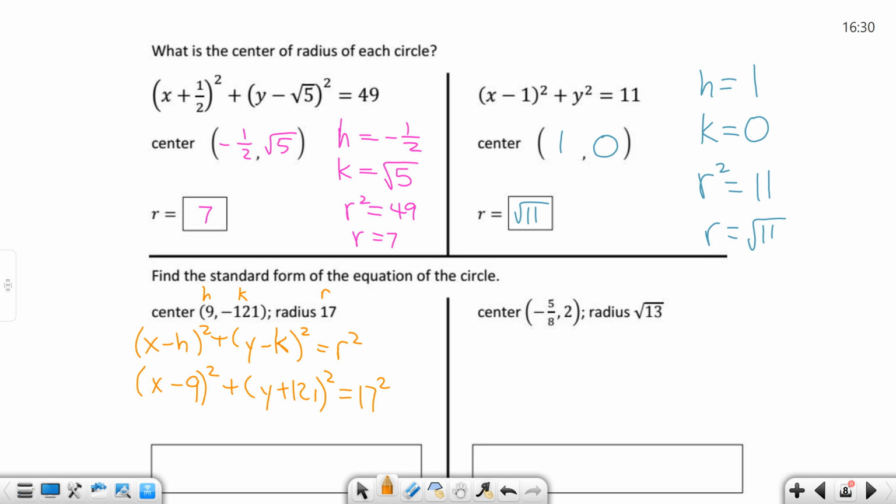squared. The only thing that needs to be simplified here is the 17 squared part. So I have x, and I'm just going to go ahead and go to my answer box. X minus 9 squared plus y plus 121 squared equals what? Which is what? 17 squared is 289. Yep. I don't want you writing down the two parentheses twice and foiling them out, because that would give you a different form of your line. But I do want you to simplify the number squared, 17 squared. All right. So then,